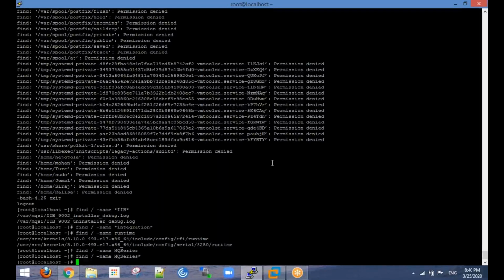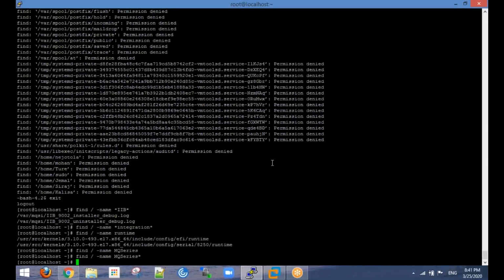Okay. So if it has been removed from the directory here, how come the server is running? Come again. If the file is removed from the directory here, how come MQ and IIB is running?